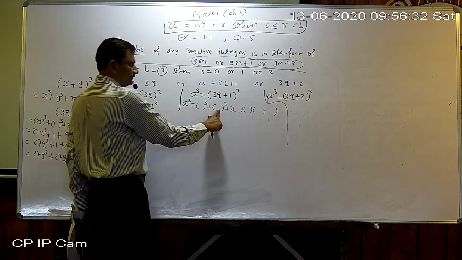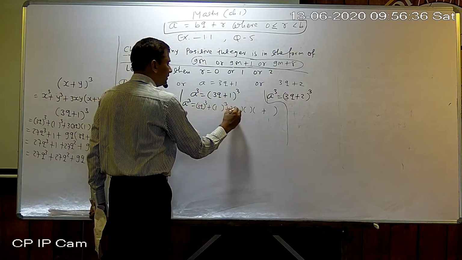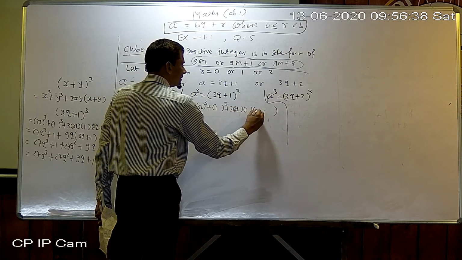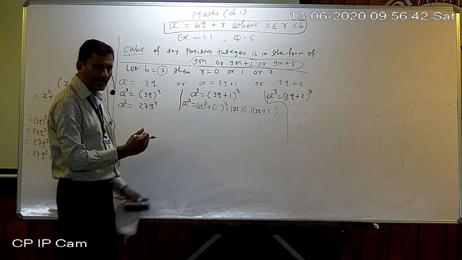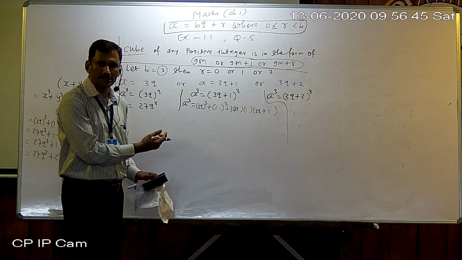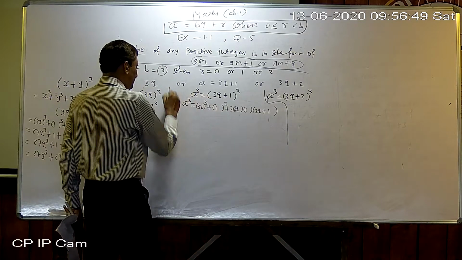x cube plus y cube plus 3xy(x plus y). So the same thing I am writing again here, because as a pair work we have to show that. Okay, so that is repeating. So a cube we got